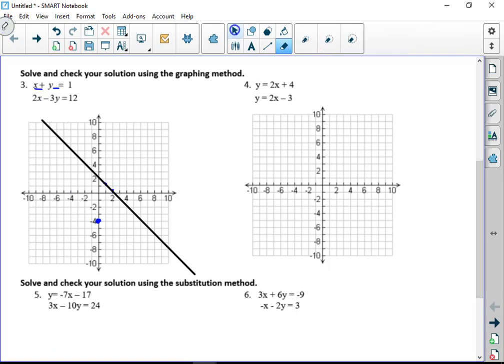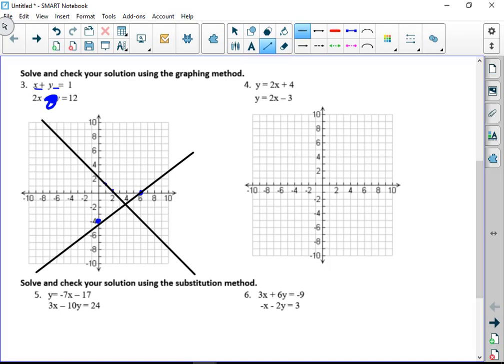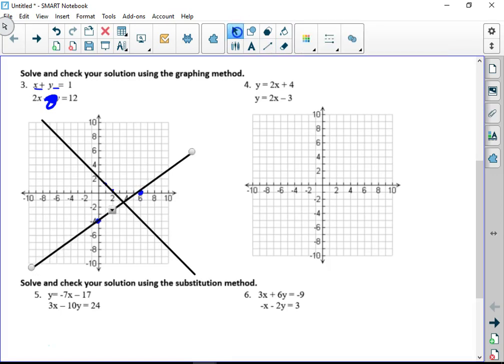If we cover up the y, put a 0 in there, we get x equals 6. And we get something that looks like that. So we draw our line. Move it on down. And it looks like it hits at right about,